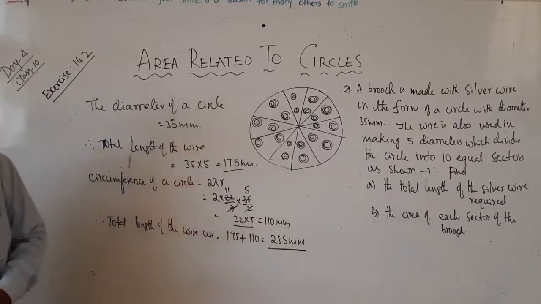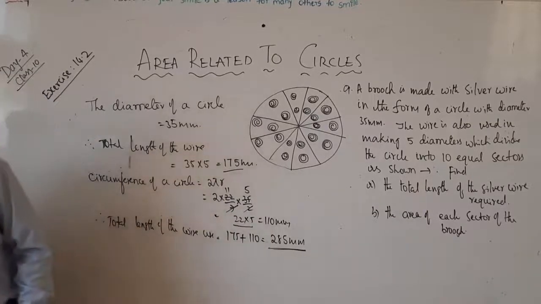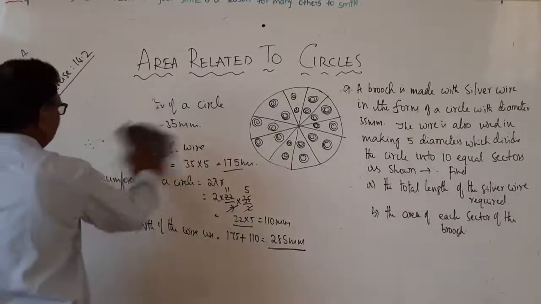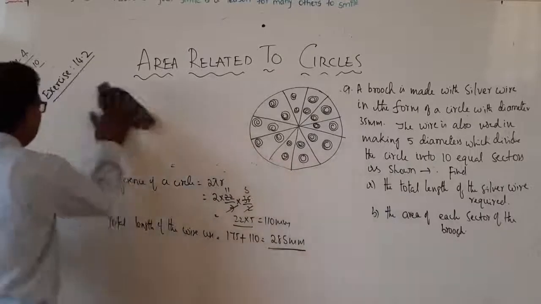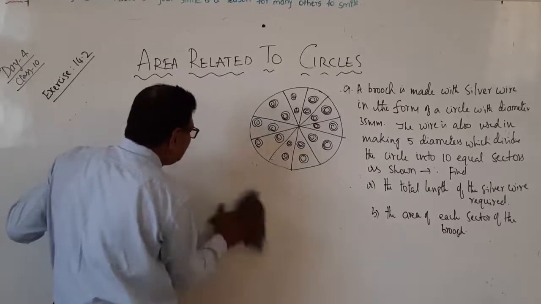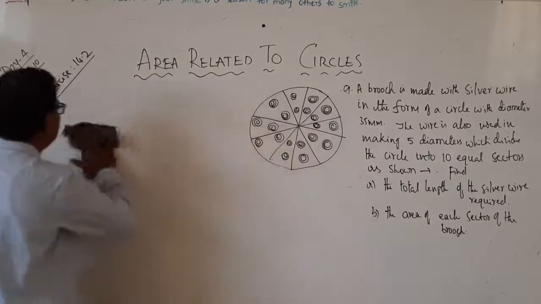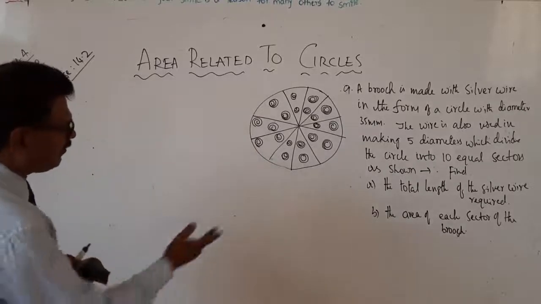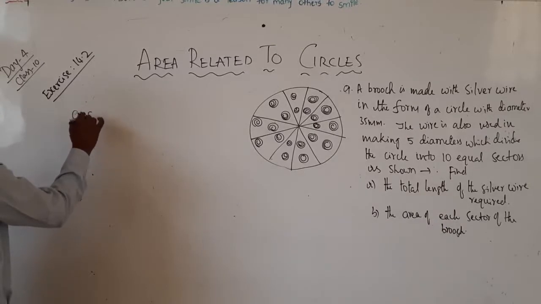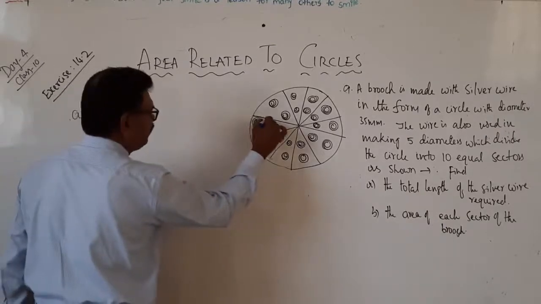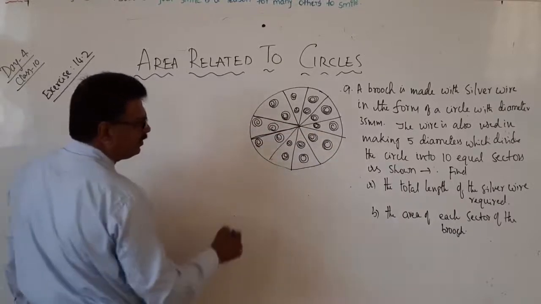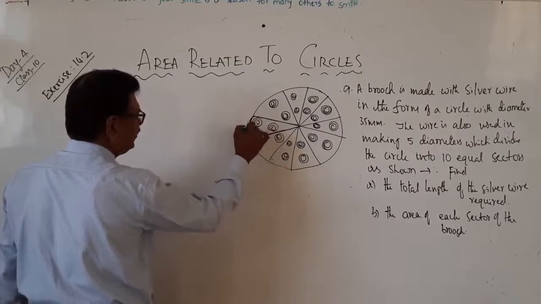Okay. Next we will find the second one. Very simple now. Did you understand or not? If you did not understand, please ask me, by phone or anything. Second one: see, each sector, first we want the angle. Sector means you take one like this. Afterwards we will multiply. So it is nothing but one sector. He is asking for one sector.